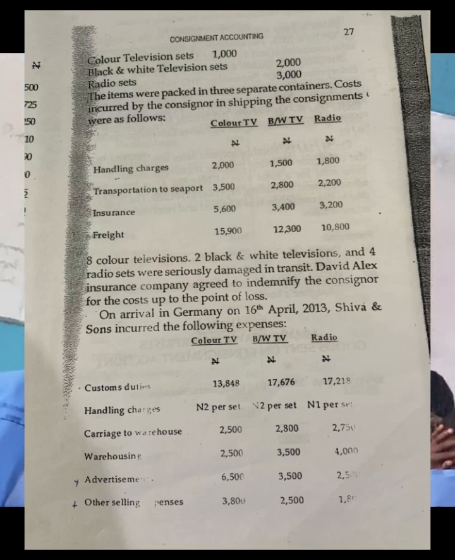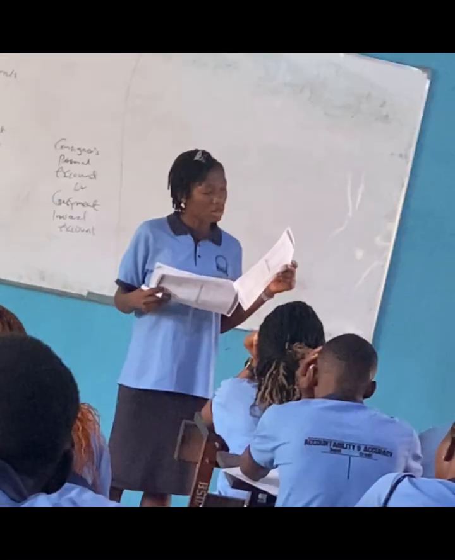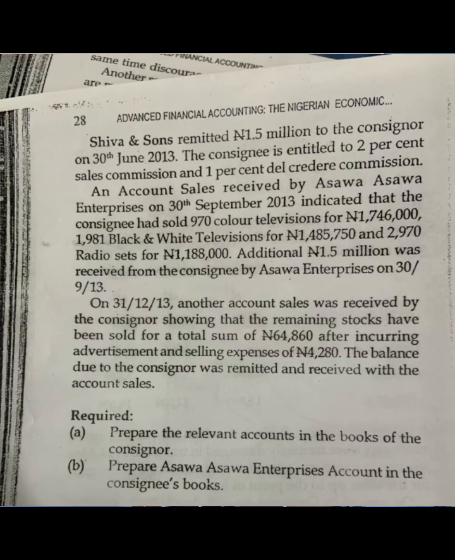So, okay, these are the expenses. Now we have that Shiba and Sons remitted 1.5 million naira to the consignor on 30th June 2013. Are you still following me? The consignor is entitled to 2% sales commission and 1% del credere commission. An account sales received by Asawa Enterprise on 30th September 2013 indicated that the consignee has sold